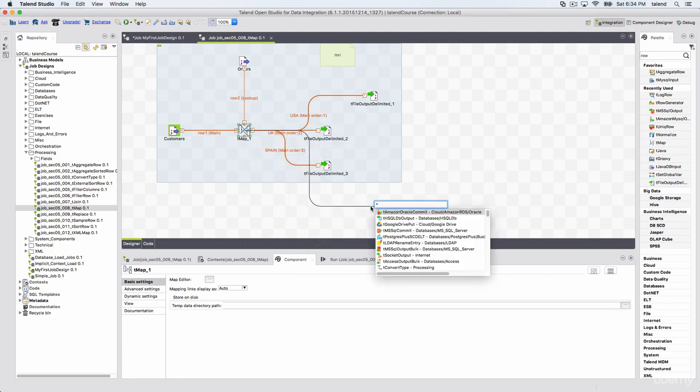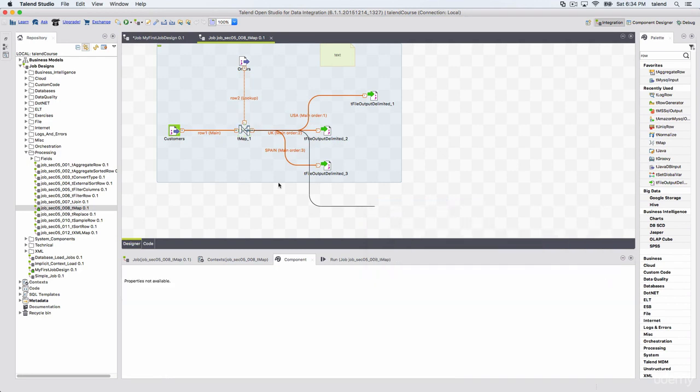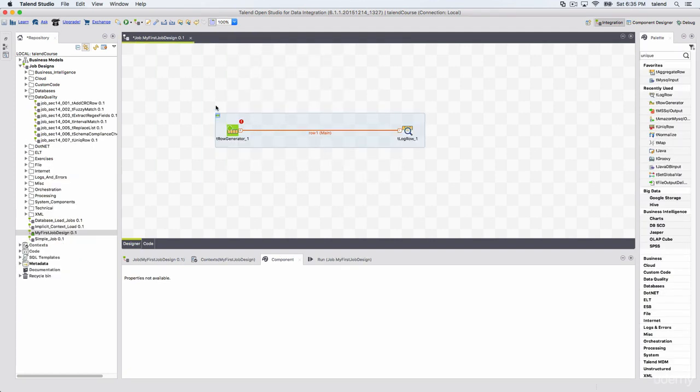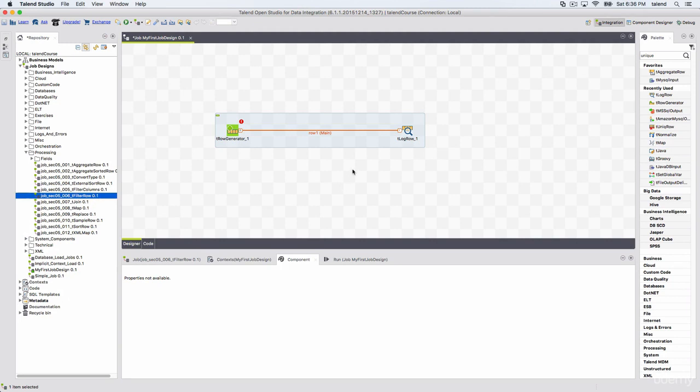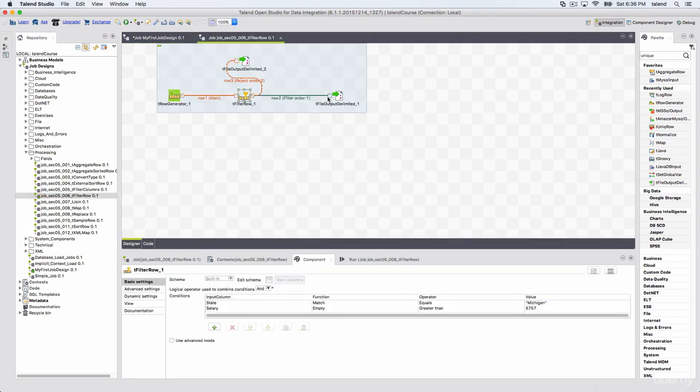By clicking and selecting whatever the target component, you will get a connection type called output, which is basically a main output. And then you have another connection type which is called uniques or duplicates. Unique or duplicates connects a specific component which is called t unique row to output components, just like our filter connection type. Filter connection can be used only on filter row component to output components.